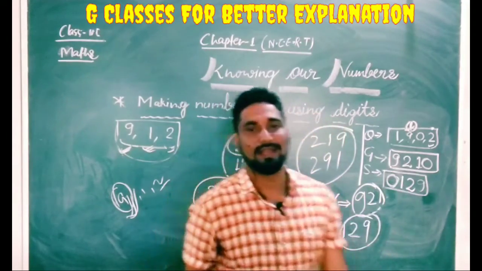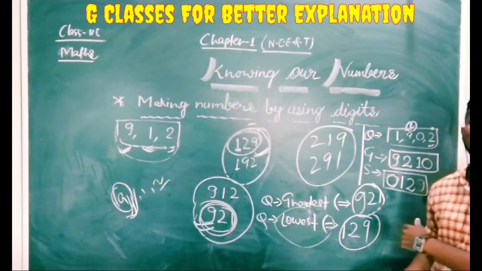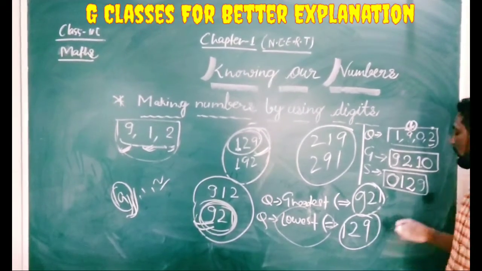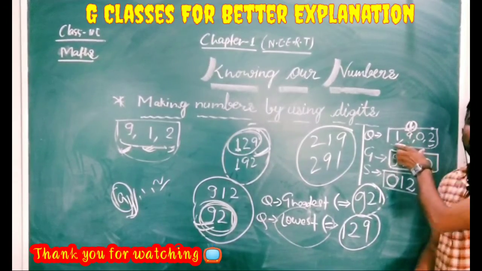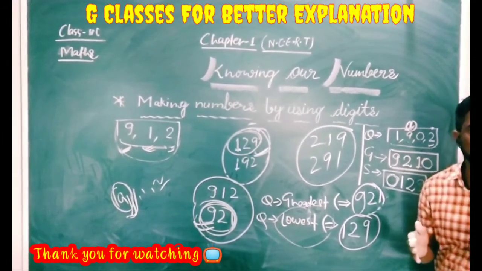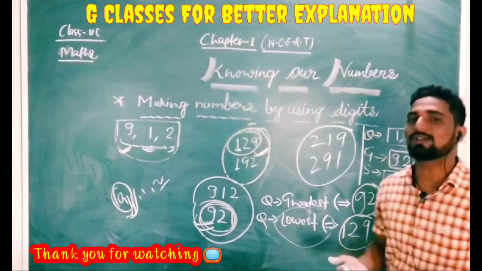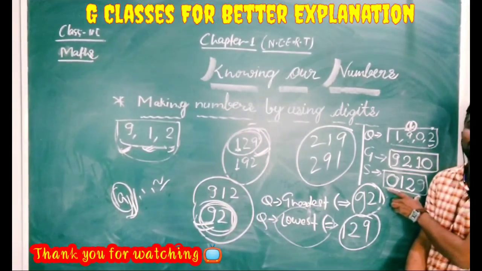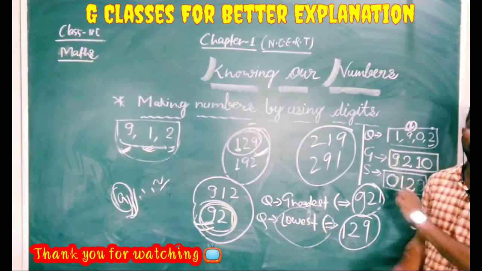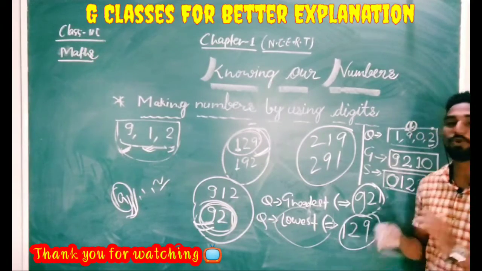But what do you think? Is it correct? No, I must tell you it's not correct. So why is it not correct? Because you see, 4 digits were given, and you had to make 4-digit numbers. And what I made is of 3 digits. So such kinds of questions, when they are given in front of you, don't be confused.